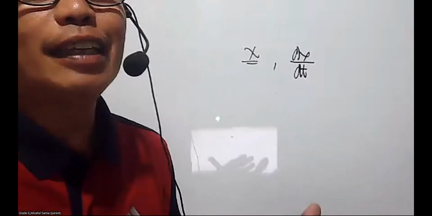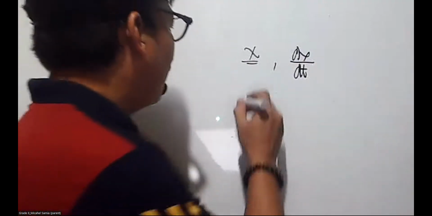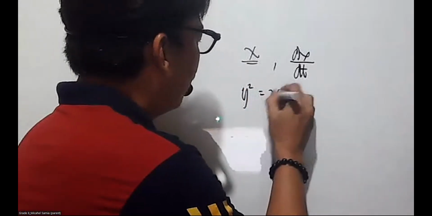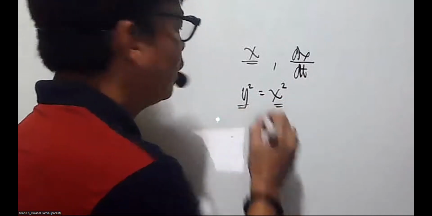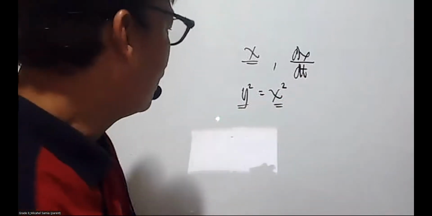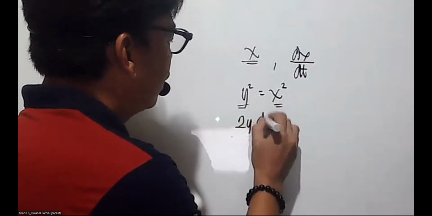Now, when two or more quantities, all functions of t, of course, are related by an equation, the relation between the rates of change may be obtained by differentiating both sides of the equation. Let's say you have y squared is equal to x squared, which are both quantities or functions of time. So when you differentiate both sides of the equation, you get 2y dy/dt and 2x dx/dt.